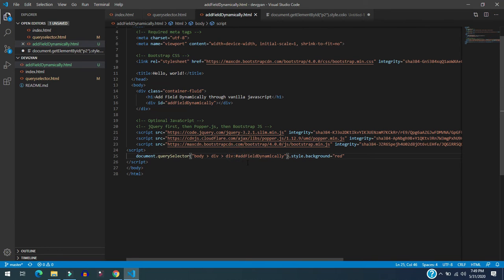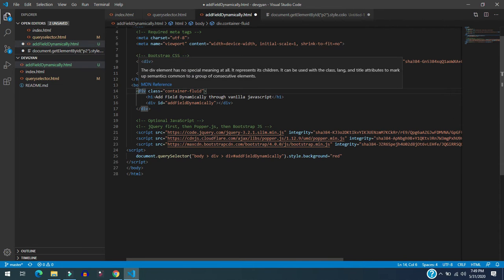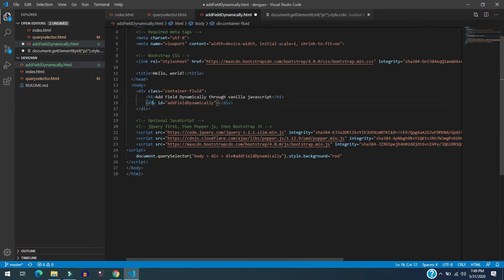We can use it here because we move from the body to the division, this one, and then this division, and here I am selecting the division whose id is this one, which is add field dynamically. If there are lots of field divisions, then in that case we can select a particular division in this way.